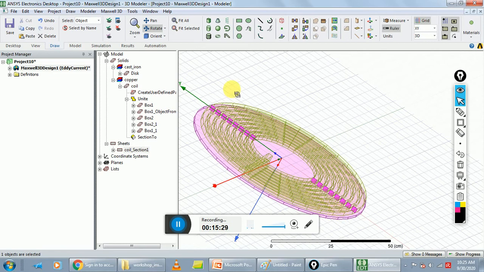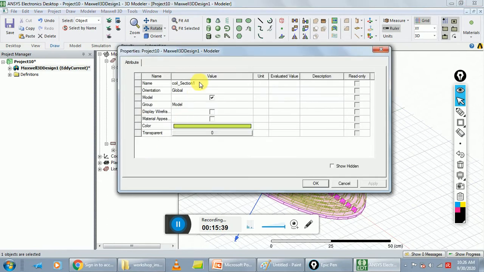Next step is to change the name of the resulting object to coil terminal.